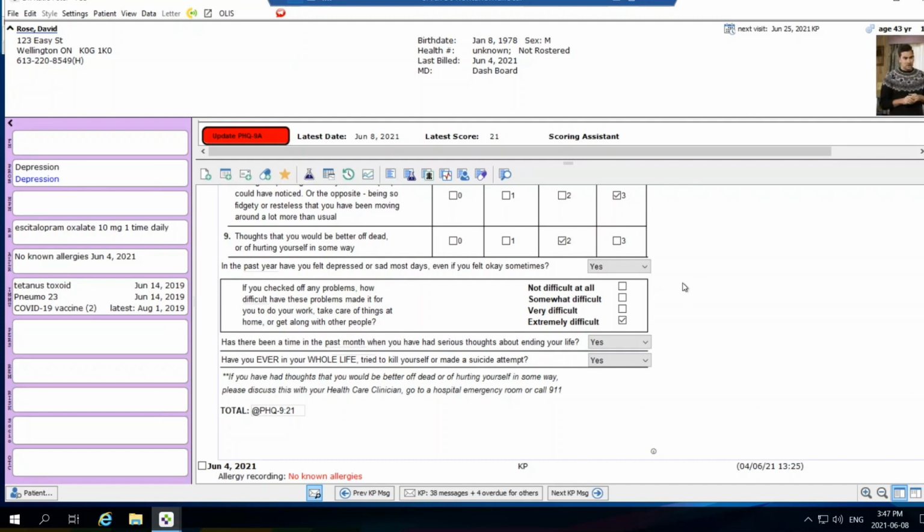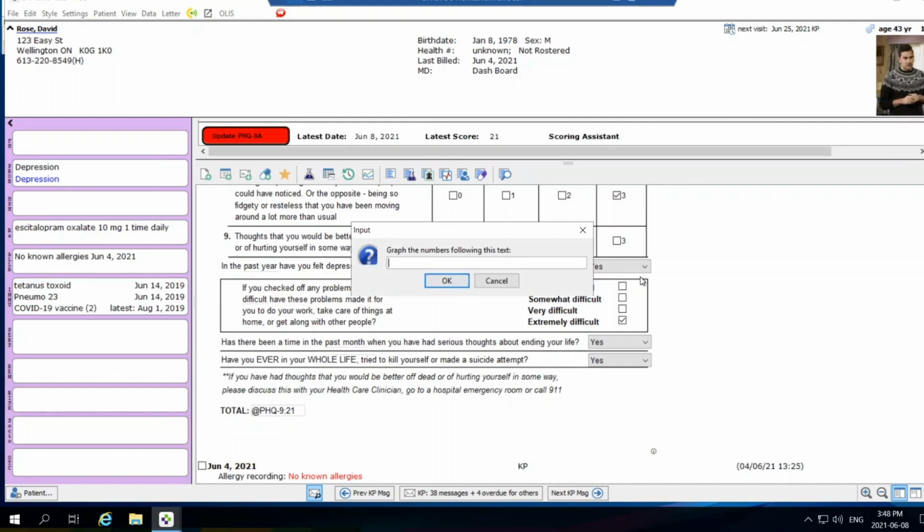In a patient record, we have the ability to look at the PHQ-9 in a couple of different ways. One way that you may find useful to look at a PHQ-9 and relevant treatment is to graph the PHQ-9. You simply would click on the patient record using the shortcut of Control-G to open up the graphing, and using the standard nomenclature of the custom vital that you wish to be graphing. In this case, it is